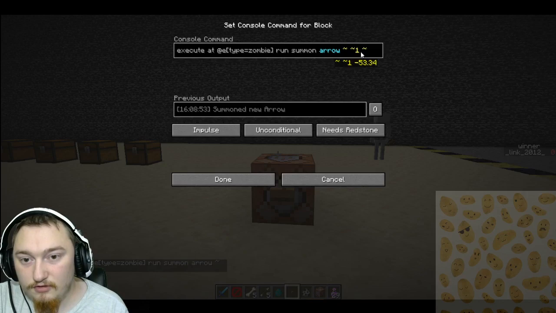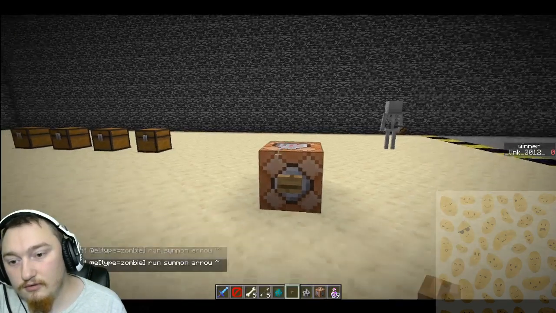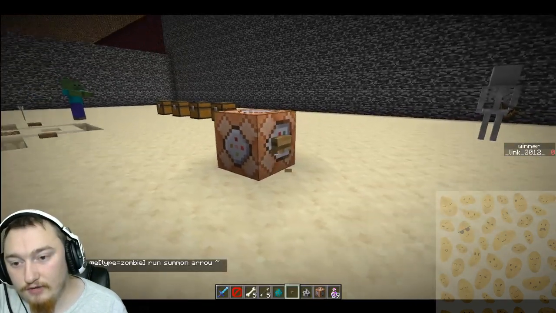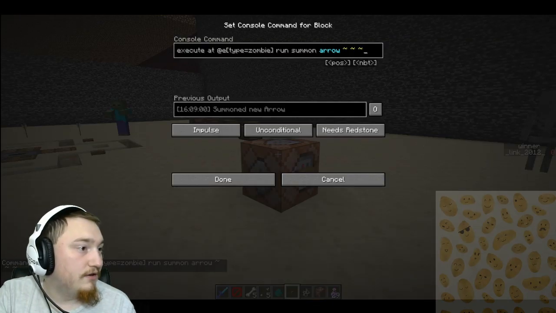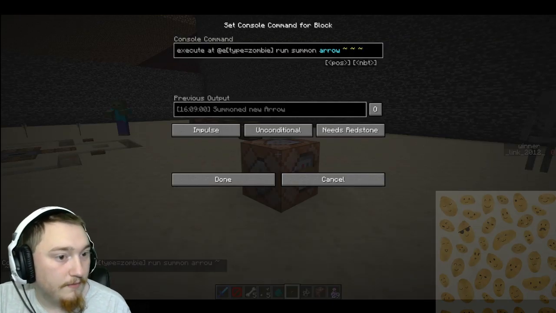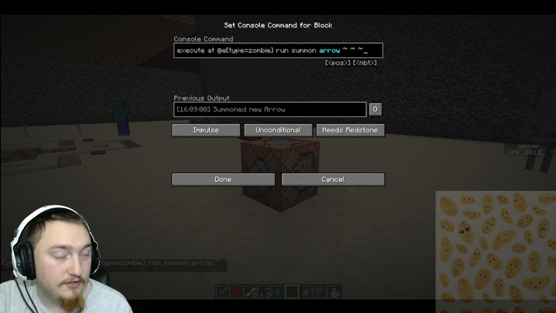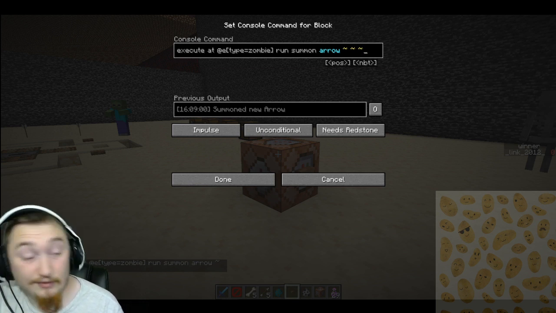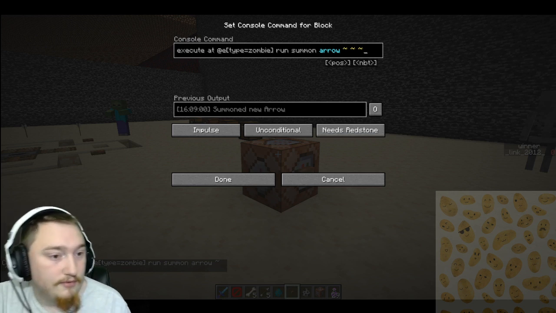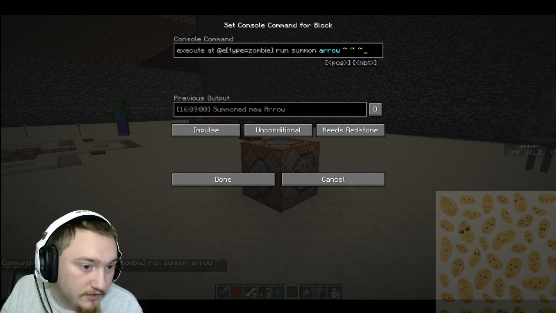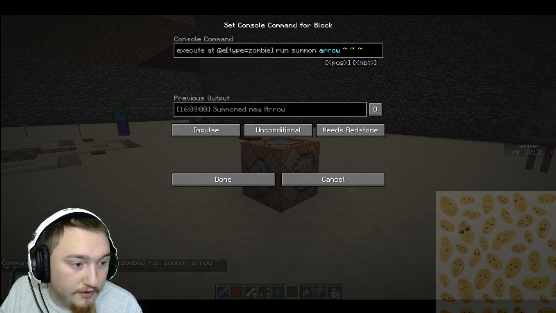Okay, well, let's summon it right on him then. Also, I need this facing another direction, but that's okay. Okay, so I think I need to change some data of this arrow. I'm using MC Stacker right now. I don't have it pulled up on the screen, but basically it's a tool that allows me to summon particular entities. All right, we're gonna summon an arrow,